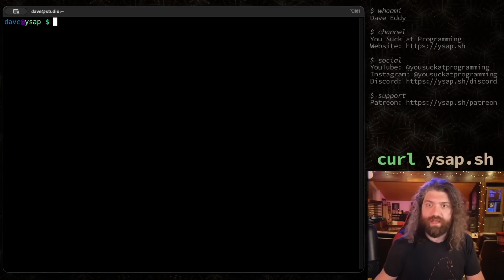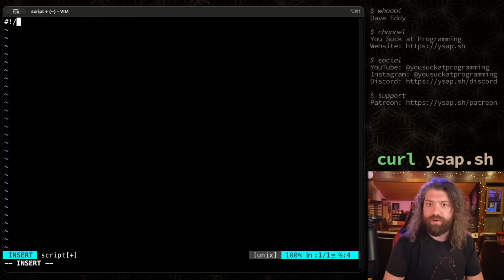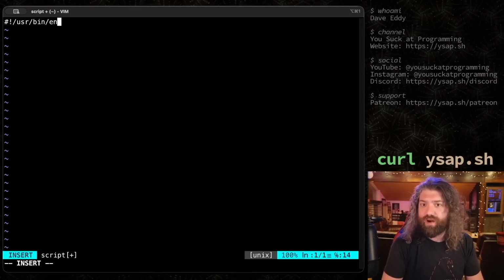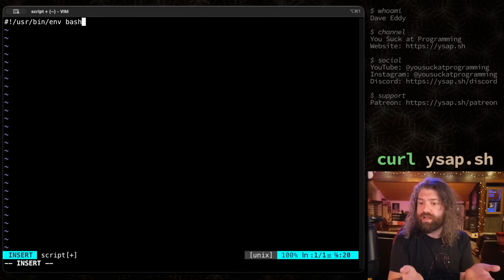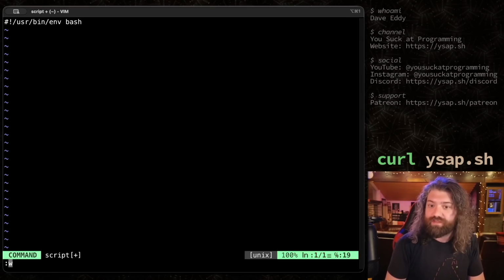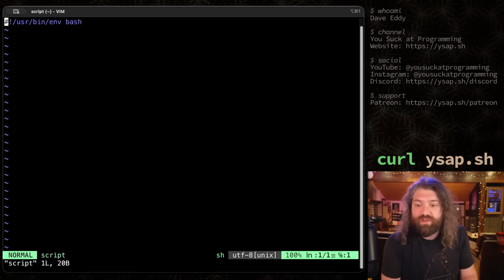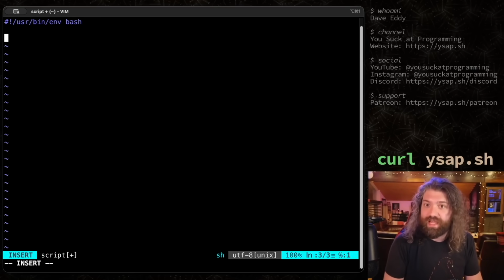Here, look, I'll pop up my main layout right here, Vim script. We're going to make a new script called script. There we go. We're in it. Look at that. Before I even started talking, my hands already started writing the shebang here. People have told me in my videos, Dave, you can automate this. You don't have to keep doing this every time. You don't have to keep doing chmod plus x on the script all the time. But then I'll forget. This muscle memory is valuable to me. I like being able to do this.